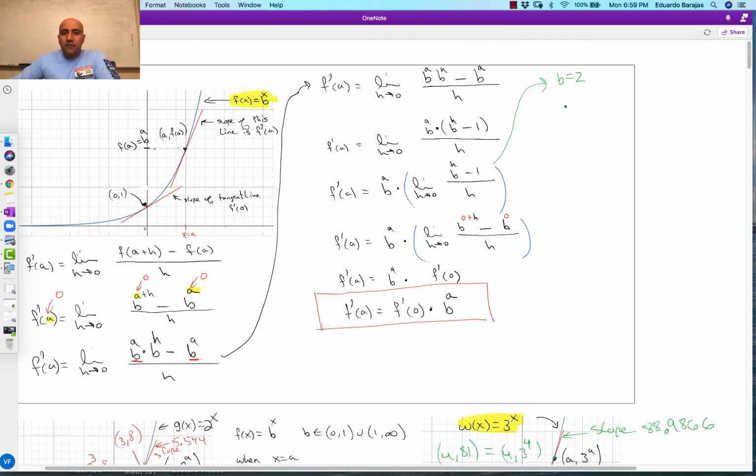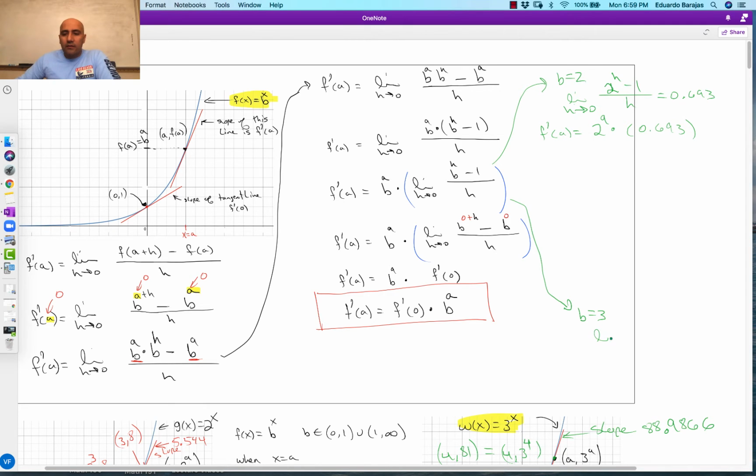The limit, so when b equals 0, this portion, according to our calculator, equals 0.693. Therefore, we had that f prime of a is equal to 2 to the a power times this decimal, 0.693. Okay, well, in the case when b was equal to 3,